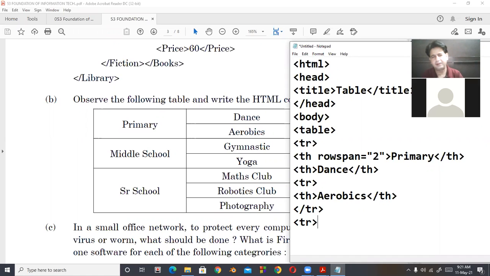Now look at here, in middle school, spanning is in 2 cells. So it is a row spanning. So I'm taking here TH, row span equal to 2. First is middle school, then TH closed.